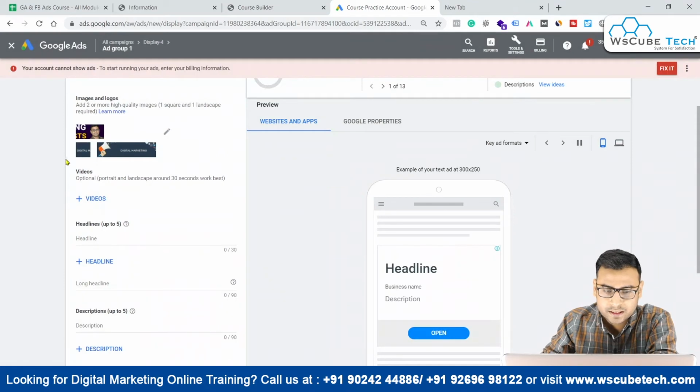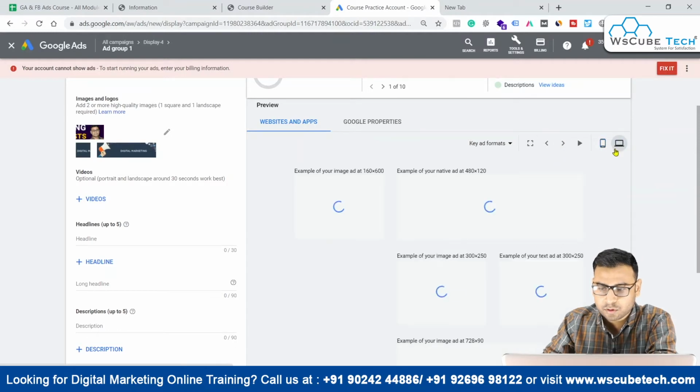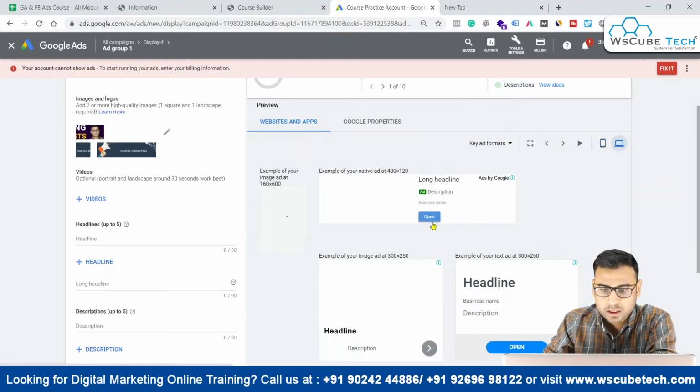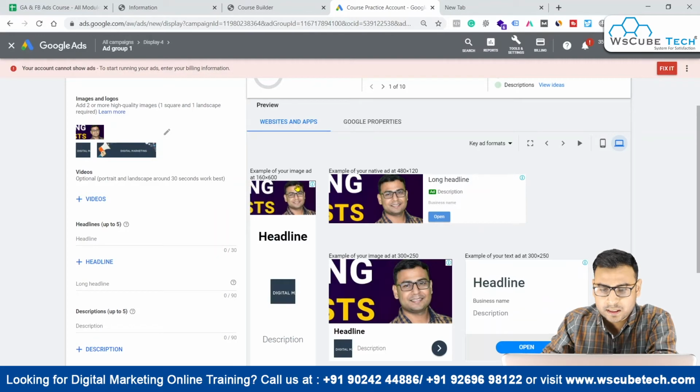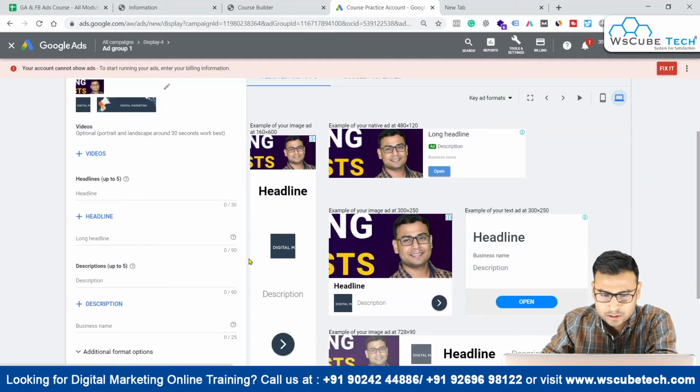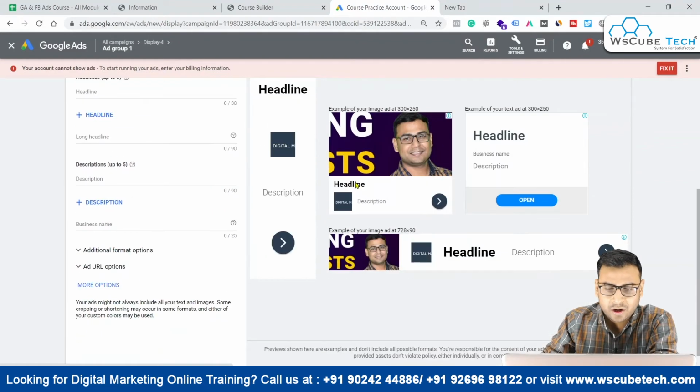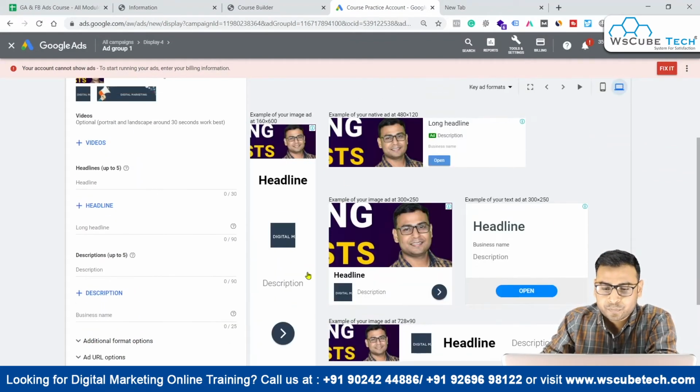So now two images are selected and these images will show over here, right? So if we move to another formats, like we come to this desktop version, and if you see, you can see these landscape images are over here and the logo will appear somewhere else like this one, right? So logo is appearing over here. So I have taken the random image, that is why you can easily see it's not going with these dimensions and the format is looking very odd.